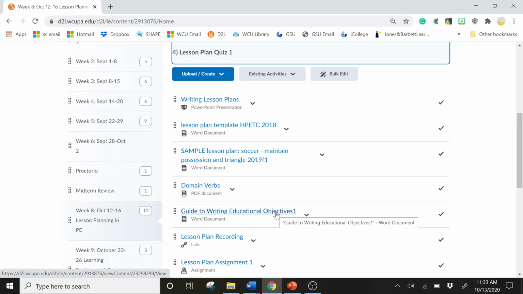This document really explains what we're looking for and how to phrase things, how to use terminology and standards, and some of those domain verbs. So this document really goes into detail about how to write objectives. So it's very important for you to read this, and I'll address in a more short way how to write objectives